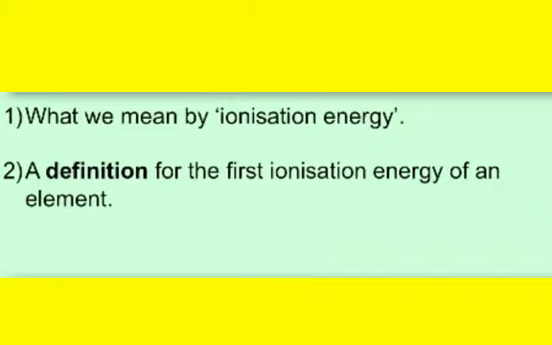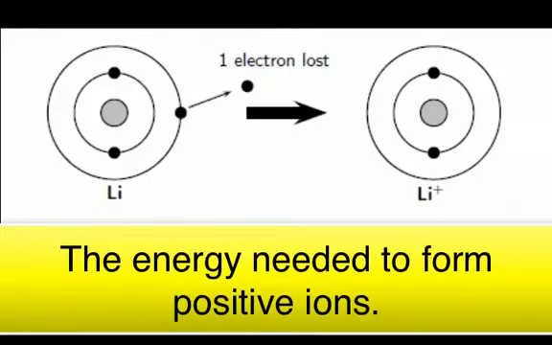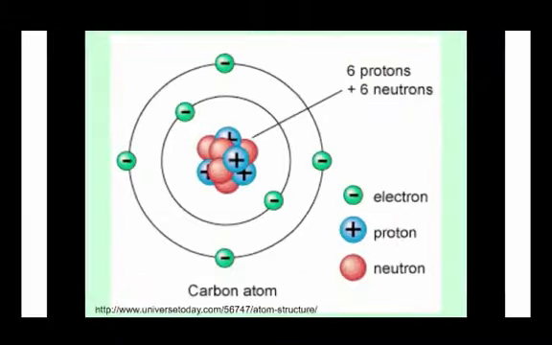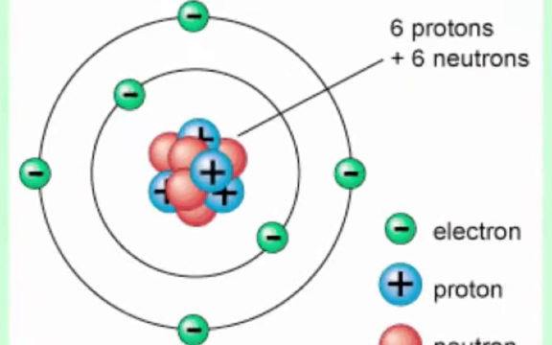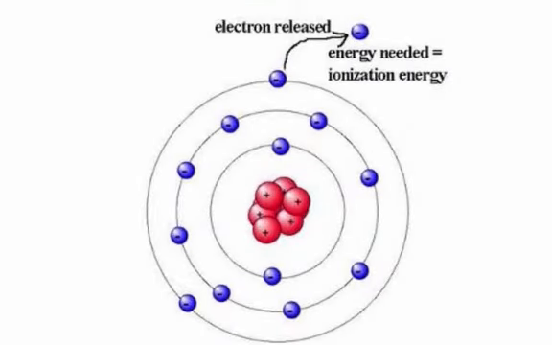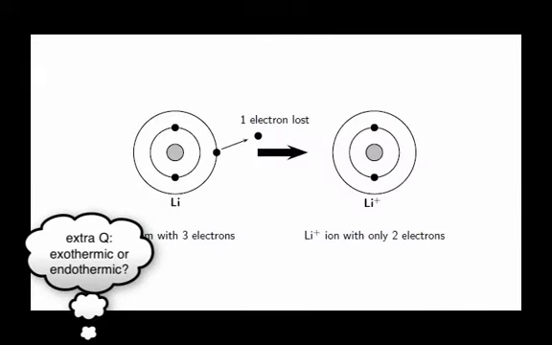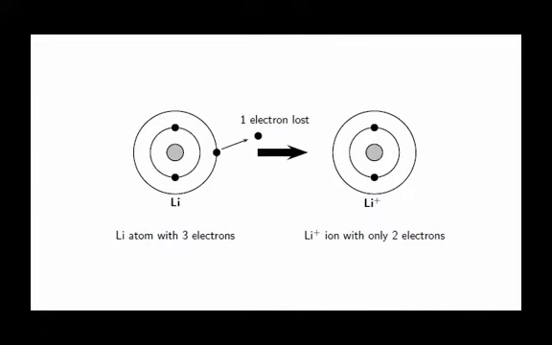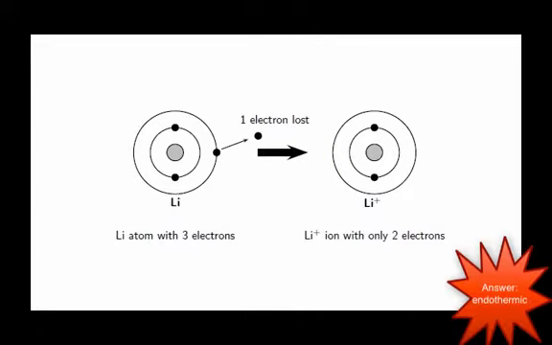So basically what we mean by the ionisation energy is the energy that we need to form a positive ion. Thinking about an atom in the structure that we've looked at at GCSE, you have a positive nucleus surrounded by negative electrons, and so if we're pulling away, as it were, a negative thing from a positive nucleus, it's going to require energy. So the ionisation energy is the energy required to form a positive ion, and we give it